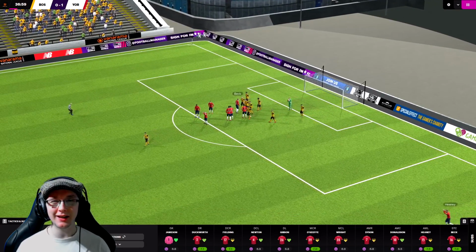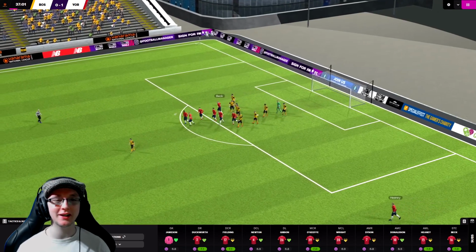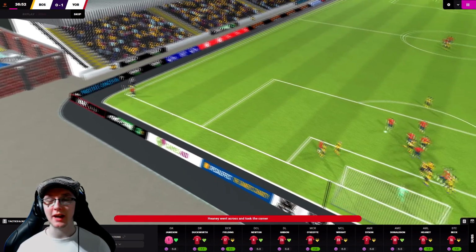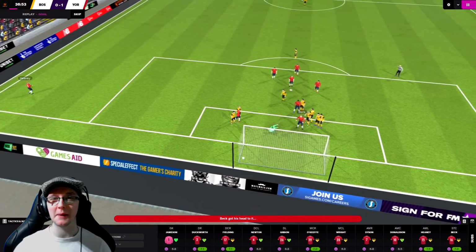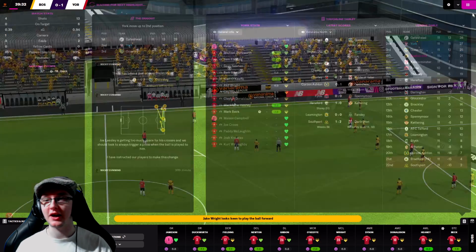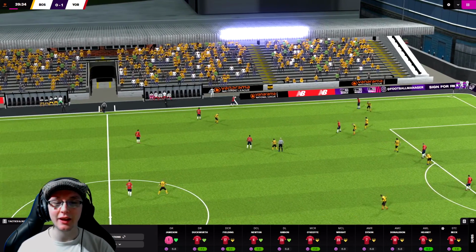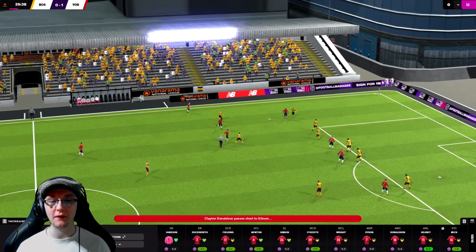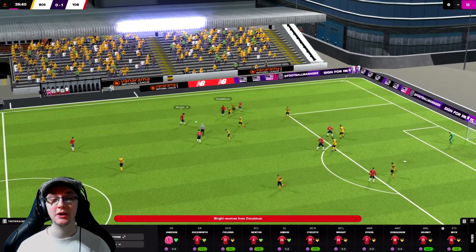I guess Heaney's just a little bit better at taking those corners on the right-hand side to the left. We wasted a few over on the left-hand side, but as soon as he gets over on that right, he delivers it to the back post. Beck delivers a goal, and we have the lead, ladies and gents, up to second place in the league. Now, can Kes and Ashton do us a favour and draw with Gateshead, or even perhaps go one better and